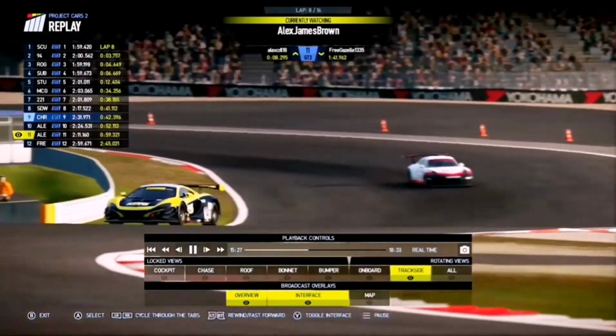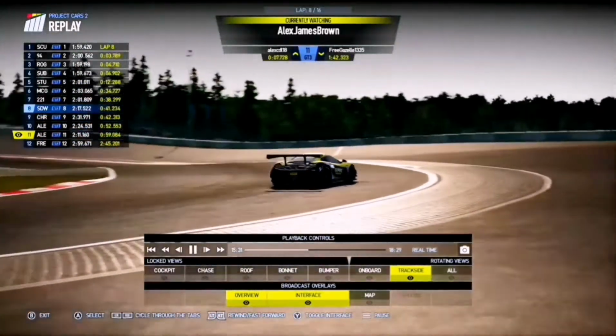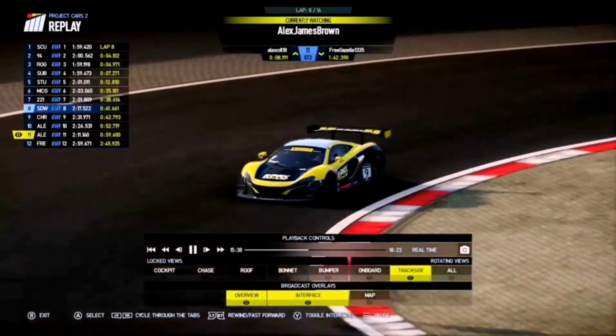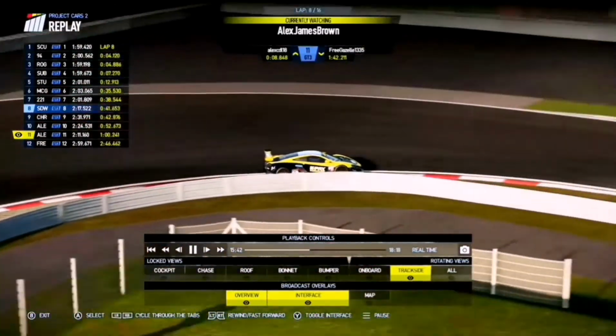Alex Brown exiting the pits there. Where does that put Alex, I hear you ask? Well, he is 11th in that yellow and black McLaren now. And away he goes, just ahead of, I think, Free Gazelle, who I think we also saw coming into the pits just behind him. So as you can see now, the sun is out, but it will be getting dark